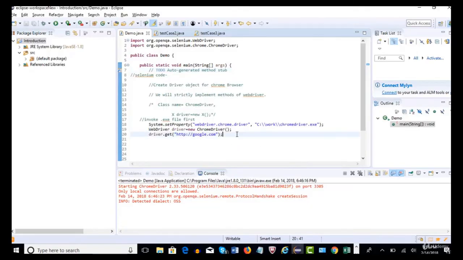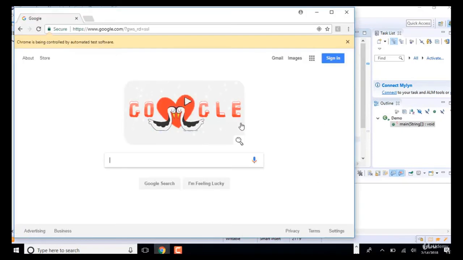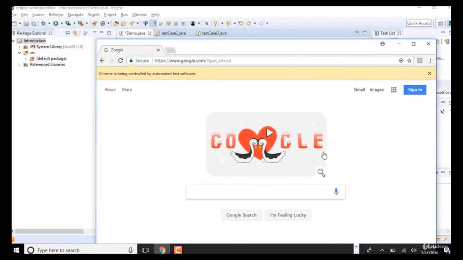Okay, so let's write one more step. Now, if I want to know the title of the page, for example, let me open the browser which we automated. Yeah, google.com page, right? So what is the title of this page? You see here, Google. So title always displays on the browser on the tab level. So this is the title of this page.